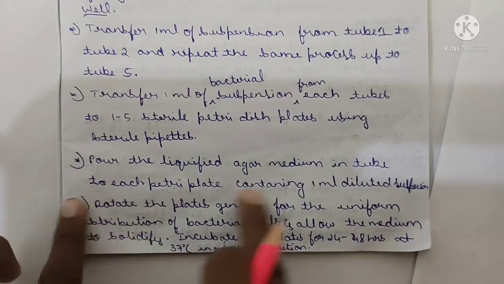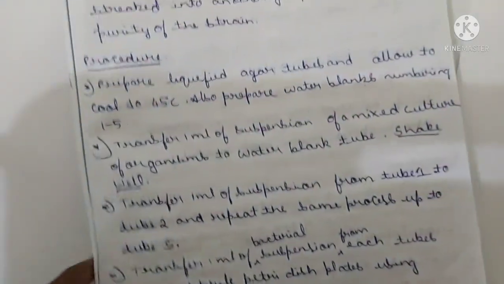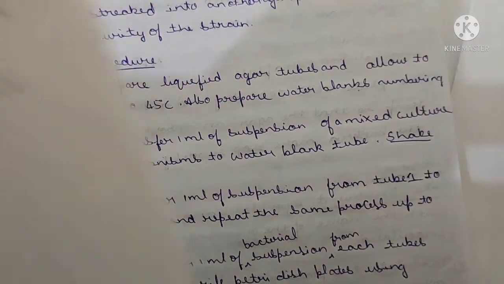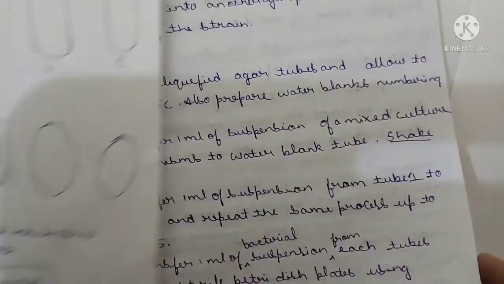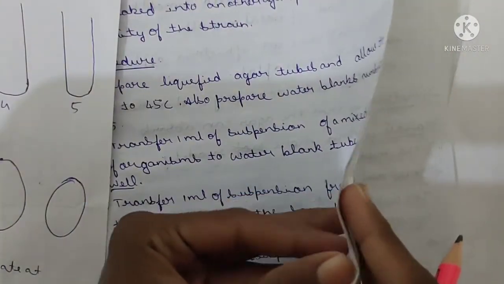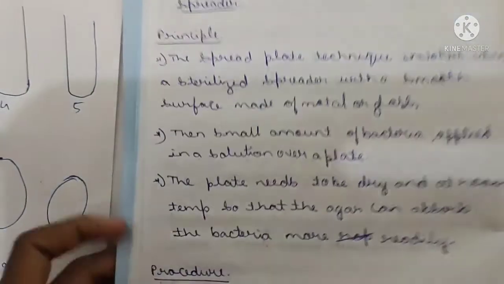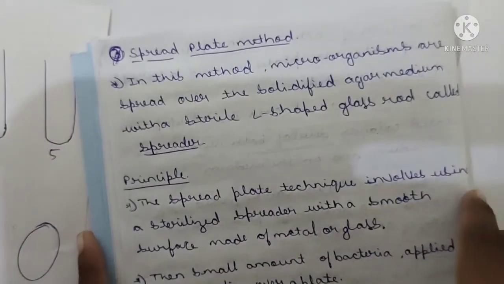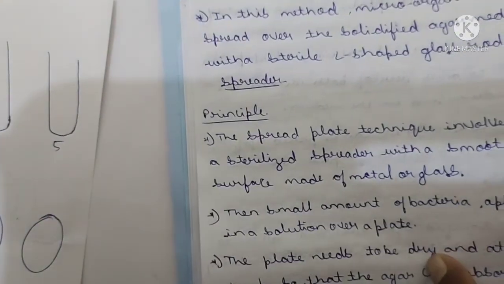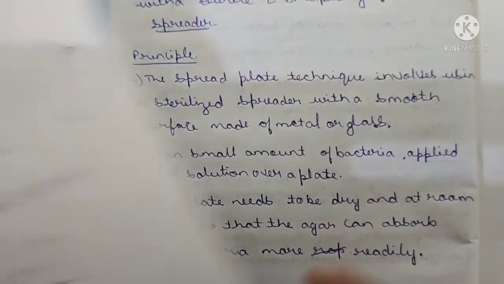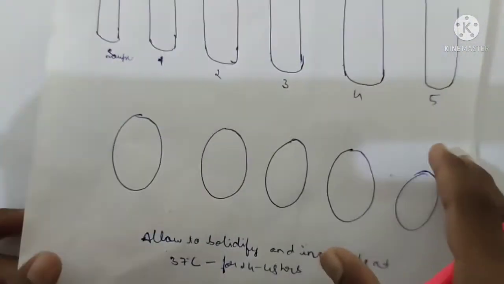It is a very important point. Okay, we have to follow the whole procedure correctly. Only then will we get a pure culture. Got it, my dear brothers and sisters? Yes. Now see, it is one type of culture method, that is a pour type of method. It is the pour plate method.